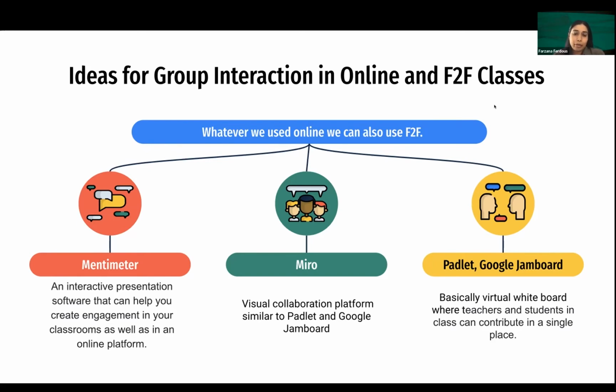Then I have Miro in the middle. Miro is another software that provides engagement, and it can be used in person and also online. It's pretty much an interactive online whiteboard. It allows groups to create notes, designs, move things around, and communicate even through videos or online chats.